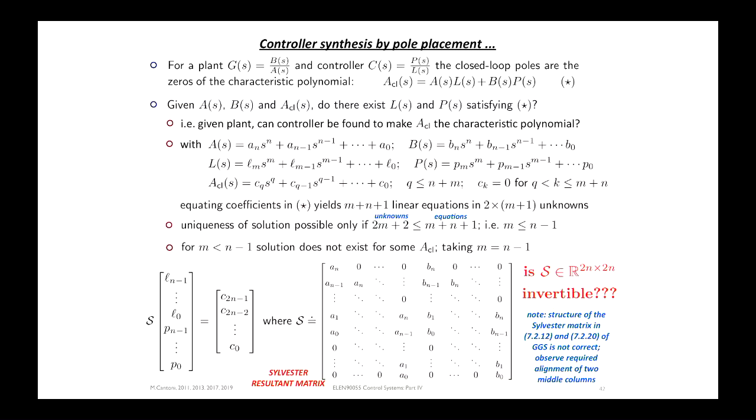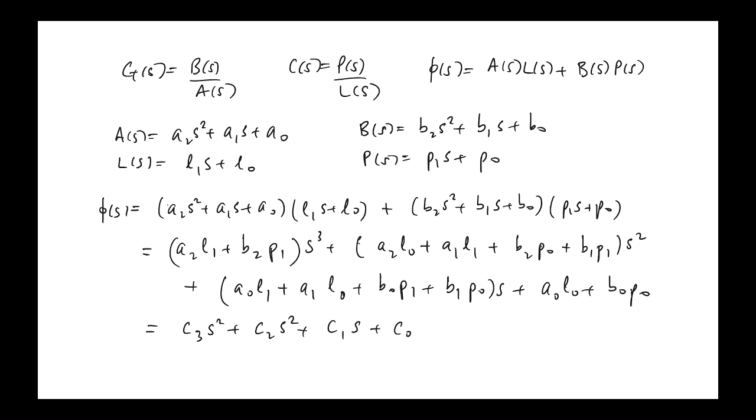all right? So if we just write down the equations that you get by matching coefficients on the left and the right here, you can end up with this so-called Sylvester matrix equation. So it's just writing down this system of linear equations in matrix form. So let's just do a little example to see how that works. All right,